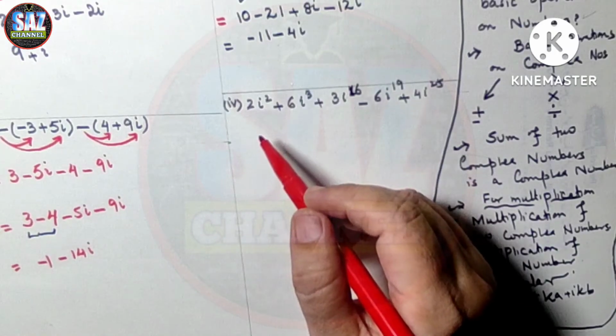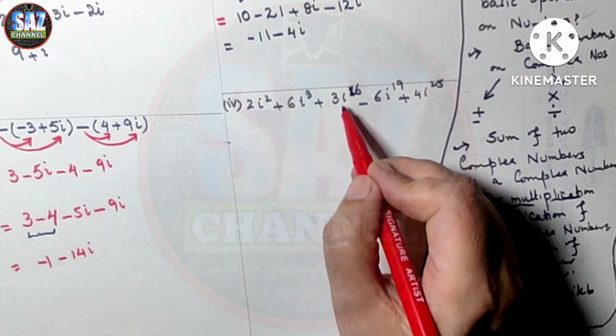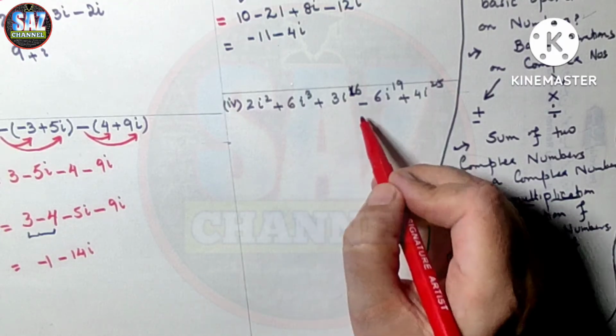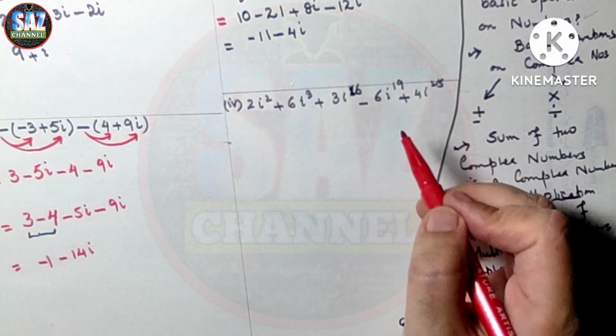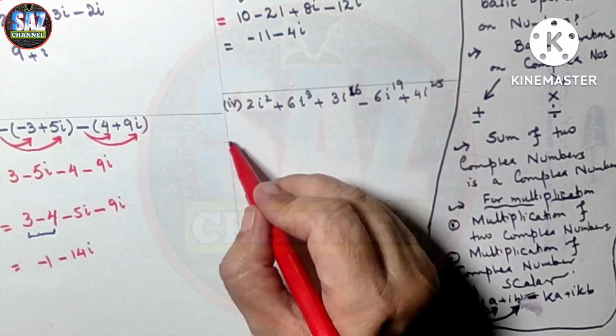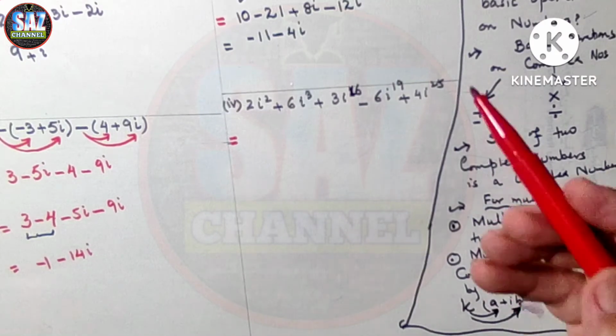It says 2 iota square plus 6 iota cube plus 3 into iota 16 minus 6 iota 19 and plus 4 iota 25. Now, class, the problem is that here we are given the complex powers of iota. Okay. So, keeping in mind the rule that iota square